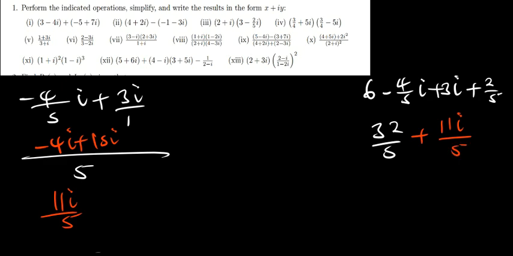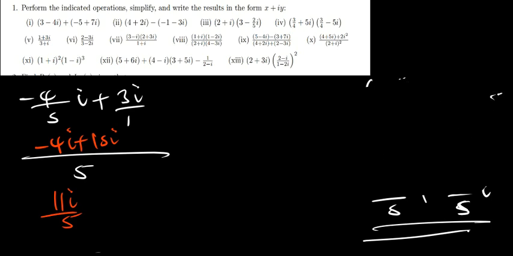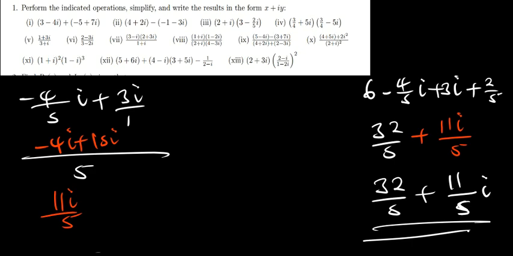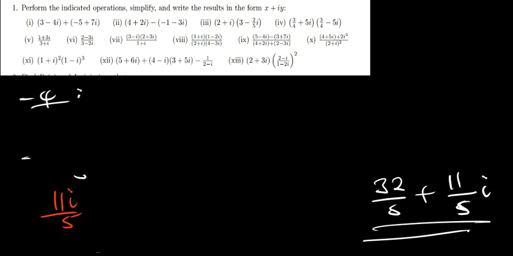So the best way to rewrite this is 32 divided by 5 plus 11 over 5, then you put i here. So this is my answer. Or in case you have not seen the answer, that's the answer: 32 over 5 plus 11 over 5i. Now we go to the next one, which is